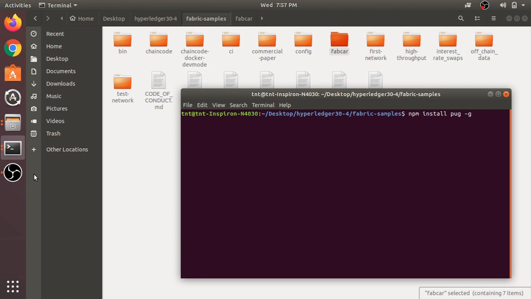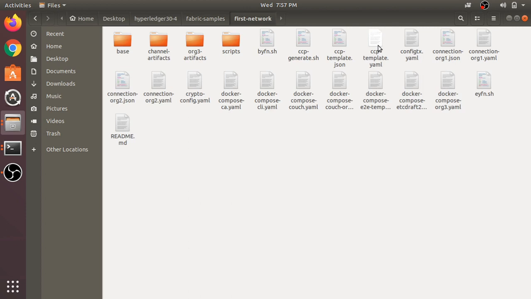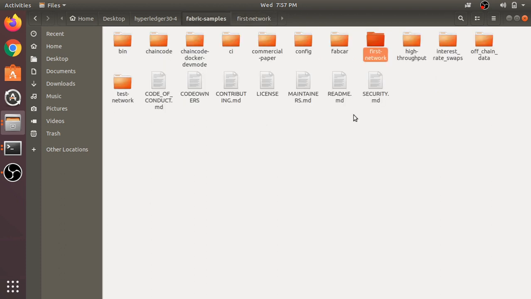Hello everyone. In the previous video, we showed how we can install the new version of Hyperledger Fabric on Ubuntu 18.04, and we also executed the first network by running the byfn shell script, and thus we analyzed how a particular network is deployed in Hyperledger Fabric. And in this video we are going to demonstrate the first application which comes with the Hyperledger Fabric samples,